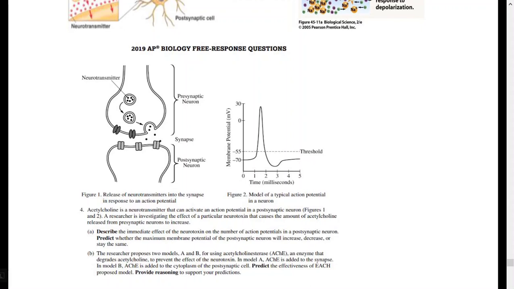So let's read this question. Also, I want to show you this picture of an action potential. You're at negative 70 millivolts, and the action potential goes up. You have a big voltage. It goes up to about 30 millivolts, and it goes back down. It sort of overshoots and brings back. The threshold is sort of just